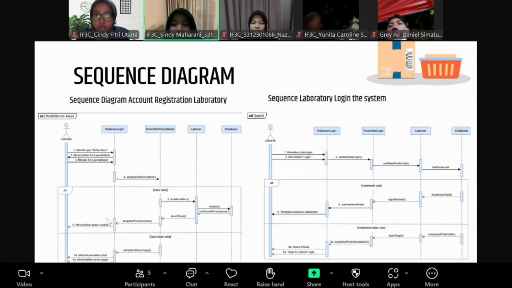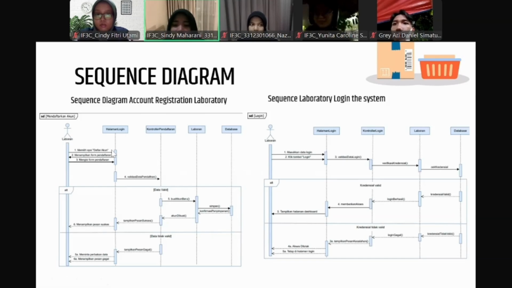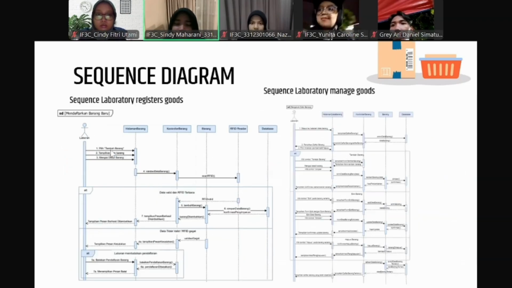Next, okay, the next is the sequence diagram. This section describes user interaction with related objects in this system. The pictures are sequence diagram account registration, laboratory, and sequence laboratory login to the system. Next, sequence laboratory register goods and laboratory manage goods. Next,